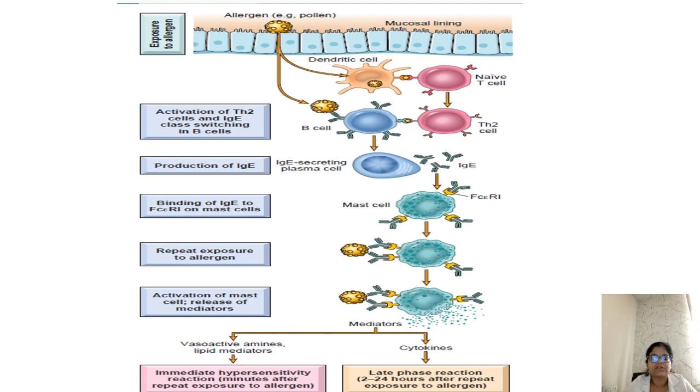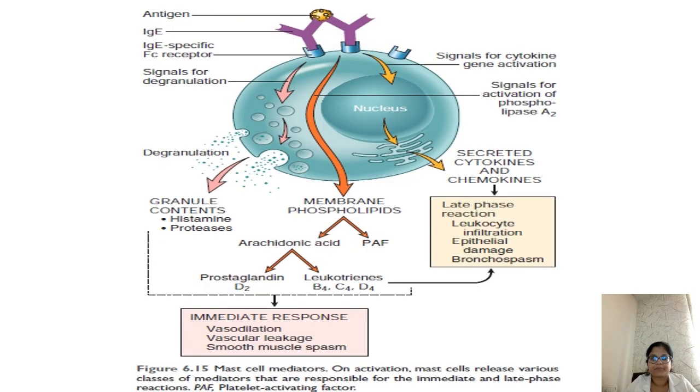The immediate hypersensitivity reaction is when you have the release of vasoactive amines and lipid mediators, and this reaction occurs within minutes after the exposure to the allergen. Whereas the late phase reaction occurs 2 to 24 hours after the repeat exposure to the allergen, where the cytokine release is maximum. So this is the way in which the mediators are being released with the help of degranulation from the mast